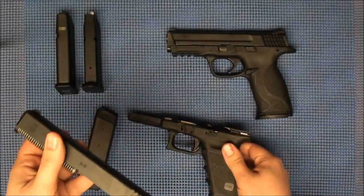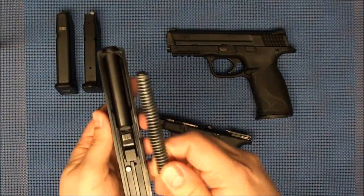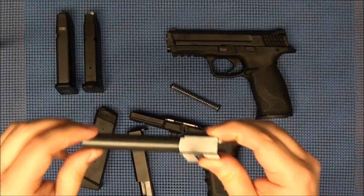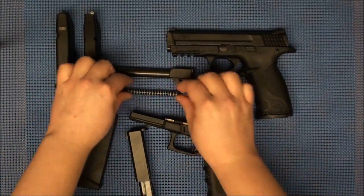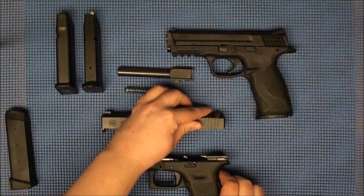Okay, and then you've got your standard pieces. You've got your recoil spring, and you've got your barrel. And I'm going to make sure that I don't show the serial number on that. So you've got your barrel, you've got your recoil spring, your slide, and your